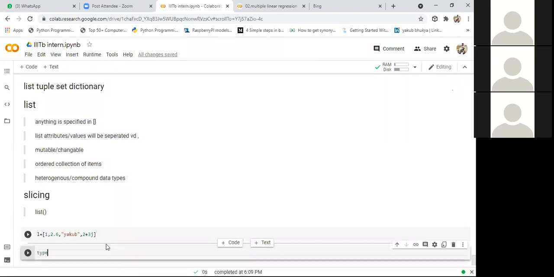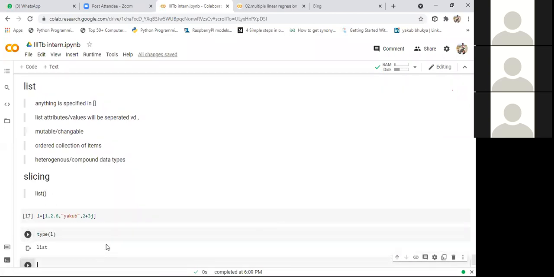Now we have the type function, right? If you observe the type of L, it will give list. So whenever you observe the type of the list, it is considered as a list. Anything specified in square brackets will be said to be a list. And if you observe the content of the list, guys,